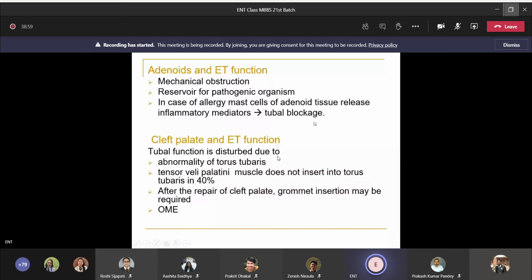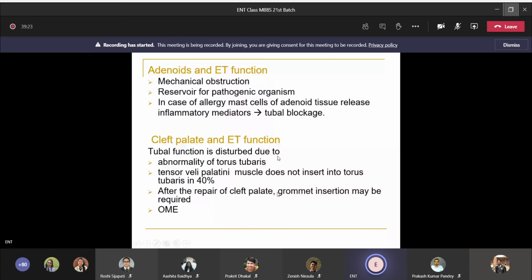Okay. Now, another one is cleft palate and ET dysfunction. Whenever there is a cleft palate, the function of the eustachian tube is always impaired because of its anatomical disturbance, because there will be abnormality of the torus tubarius. The tensor veli palatini muscle does not insert into the torus tubarius. Not only that, after the repair of the cleft palate,